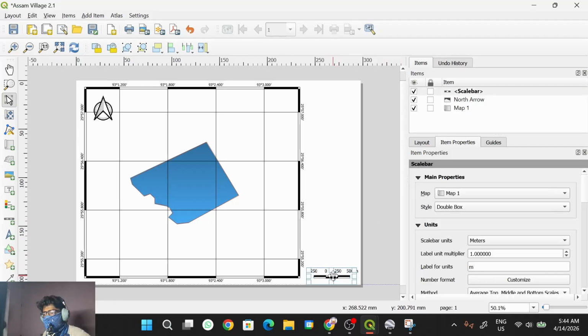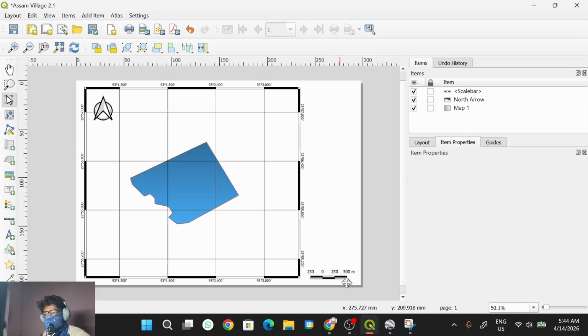And similarly, you can drag it out. You can change the scale again and again. And you can add the frame, as I told you, from within the grid system itself. You can just simply go in there and say add frame, and you have your frame. Voila. And yeah, we have added the north arrow, and then